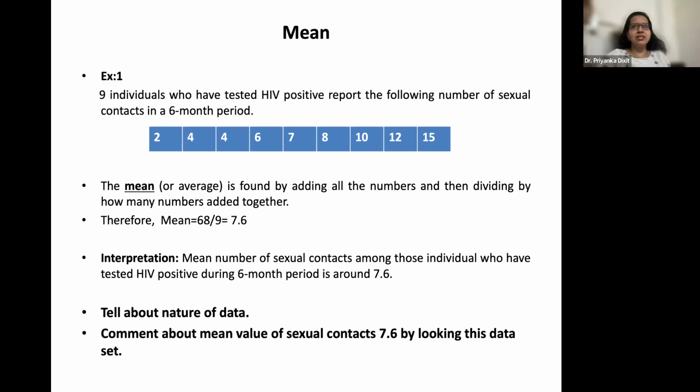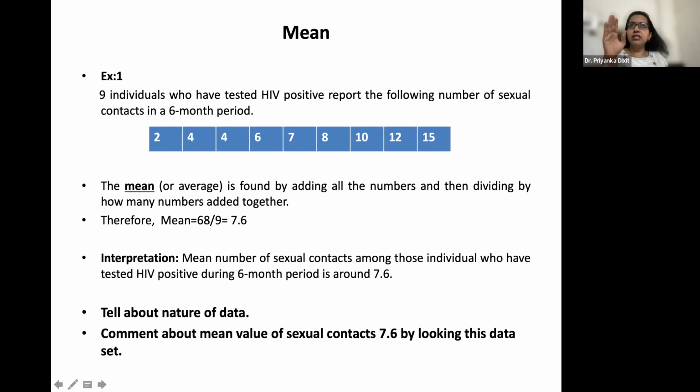If you look at this data, it should come around 7, na? Around 7 to 8. Why around 7 to 8? Because this is the central part, na? Central midpoint, central part of the data. Okay? In 2 to 15, where is the central part? Between 7 to 8. So my answer should lie in the 7 to 8.